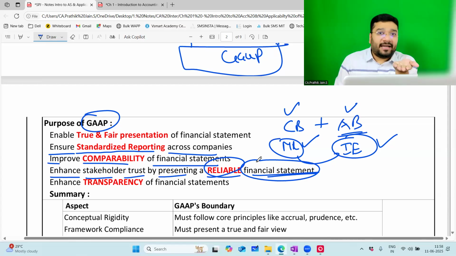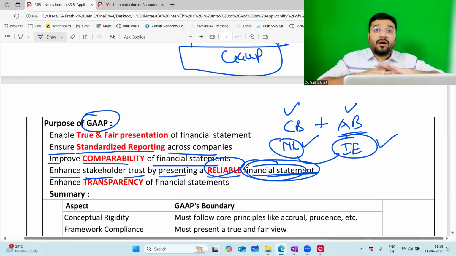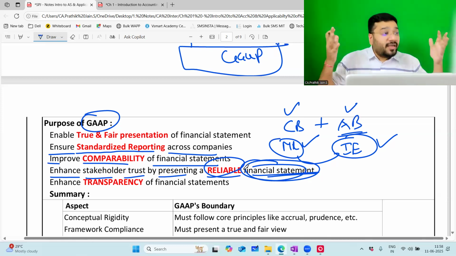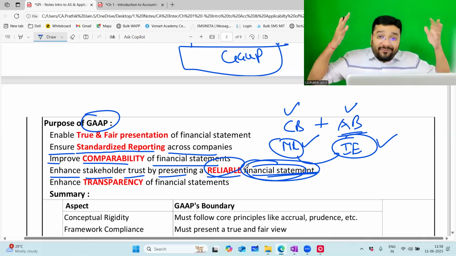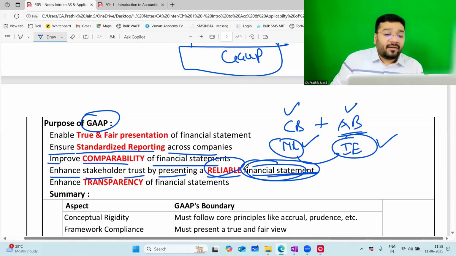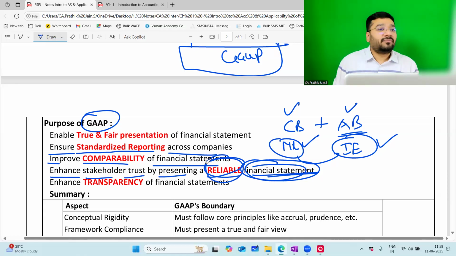You give me wrong data, which is not reliable, and based on that misleading data, I am investing in your company. Tomorrow, who will be in trouble? My money, what I invested, that money is in trouble. So the financial statement that you prepare should be reliable. The data that you present should be reliable. So the accounting standards, the rules, regulation, principle, procedure, everything is aimed to obtain a reliable financial statement. Everybody is working towards one direction to make the financial statement more reliable.